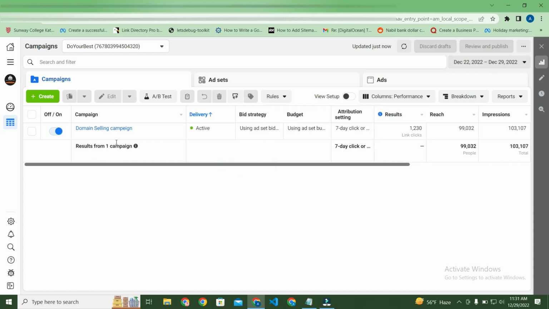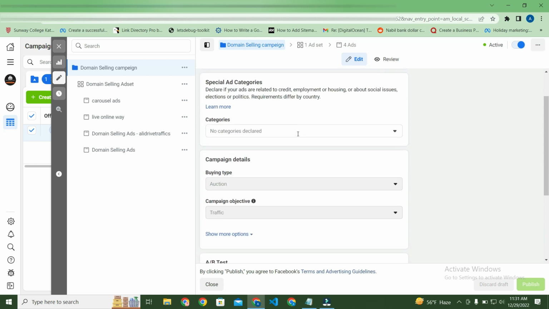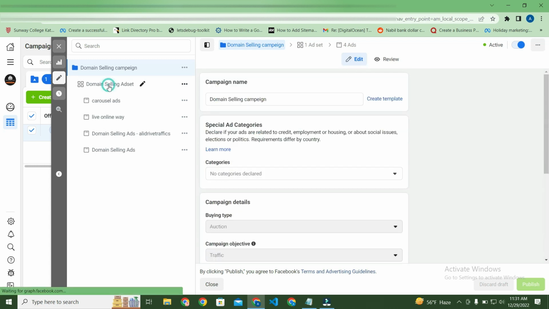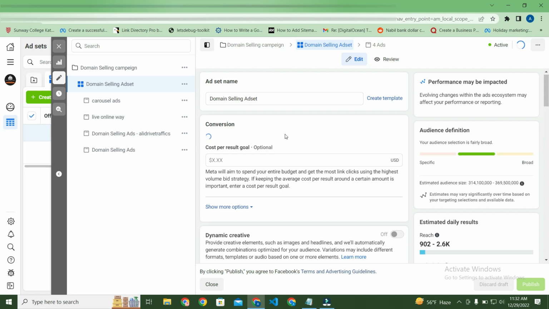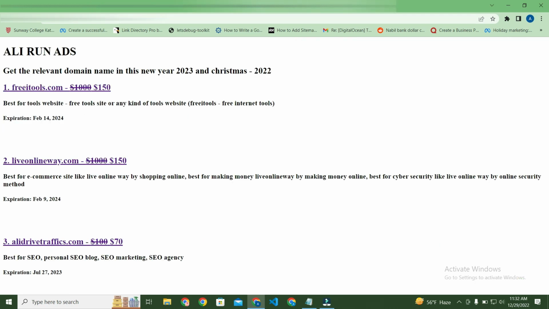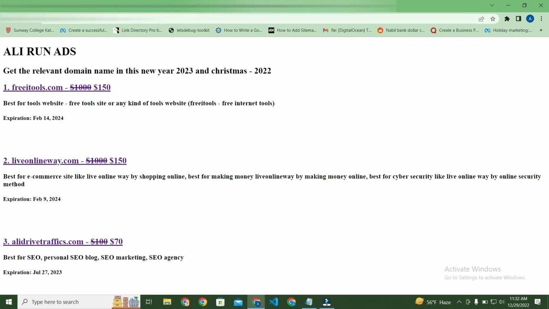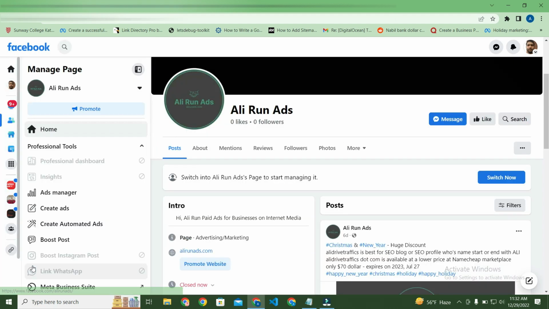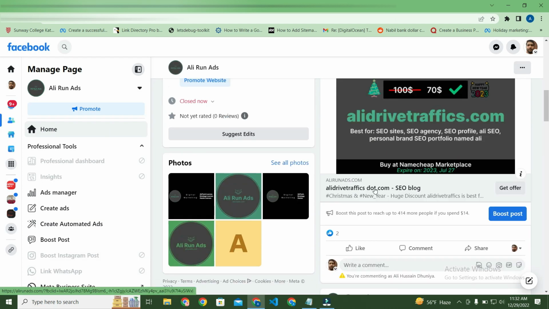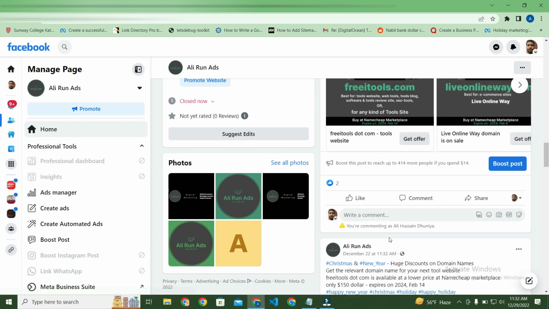So as you can see, let me go to the edit section. First I will show you, as you can see, this is the setup and this is the ad set. You see, the performance goal was maximum number of link clicks. So my main goal was to get sales, but in the Facebook ad campaign my performance goal is to maximize the number of link clicks. So first, whenever the user clicks on this link, it is highly likely that they will buy this domain, but none of them bought the domain. So yeah,